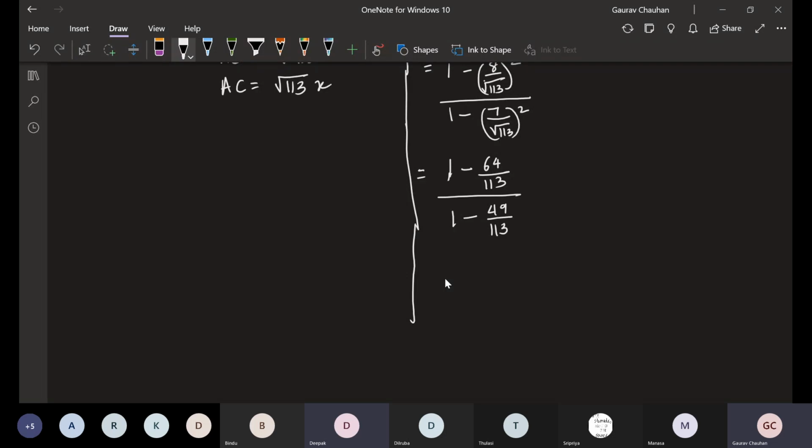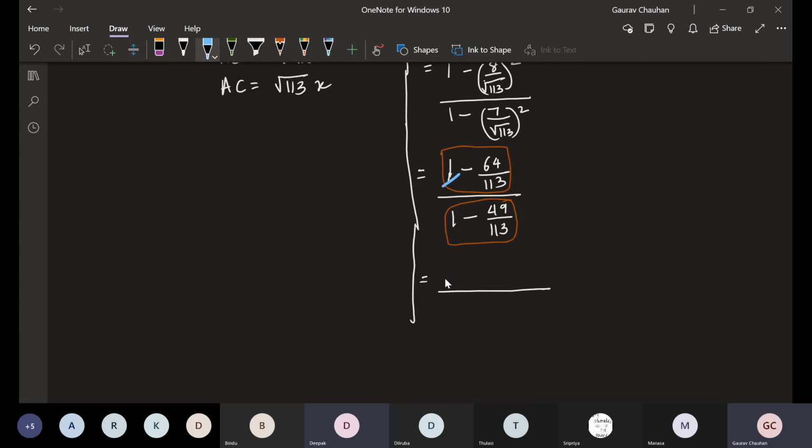Let me just bring everyone's attention to it. Now here it's very important to be very, very careful. The whole numerator itself has a fraction subtraction. The whole denominator itself has a fraction subtraction. Just carefully do it, it will be fine. Treat the numerator and denominator separately. Keep them separate and tell me, Deepak, what will come in the numerator?